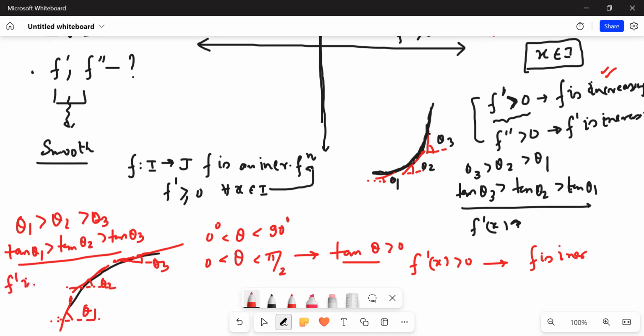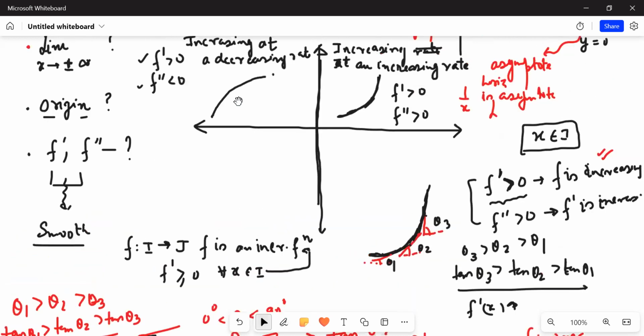So f dash x is decreasing. If f dash x is decreasing, it implies f double dash should be negative. So this is how you make a graph of increasing at a decreasing rate. Now, if you have to make a graph of decreasing at an increasing rate,